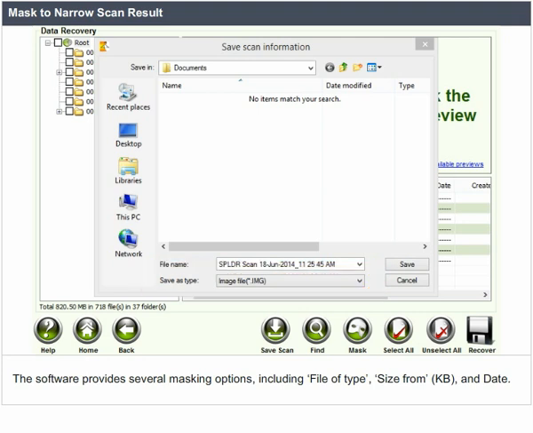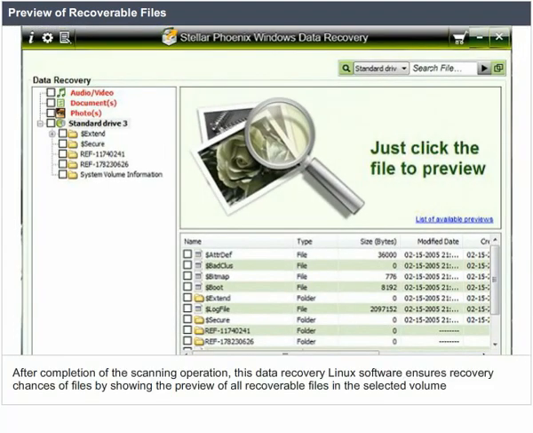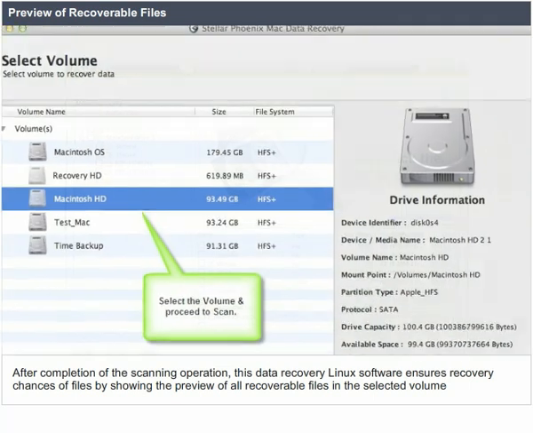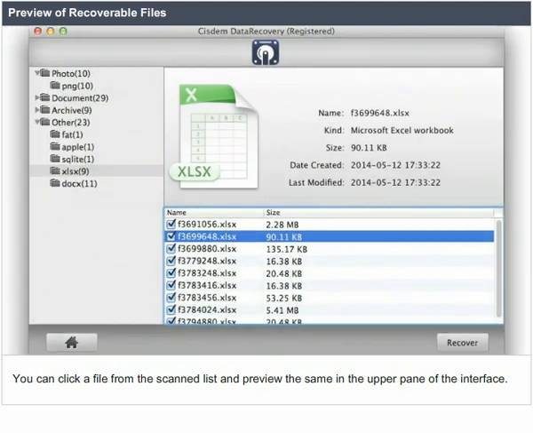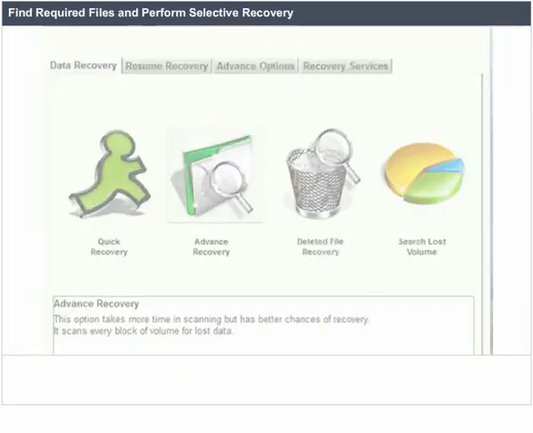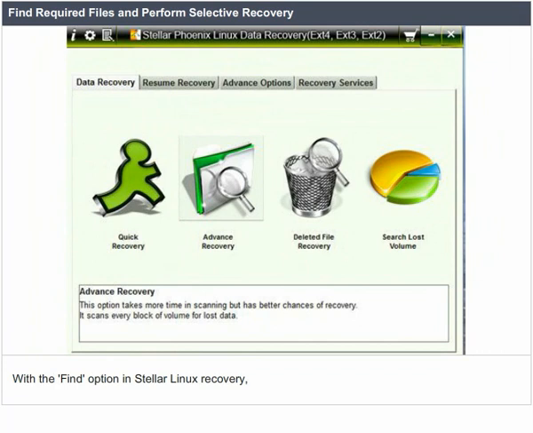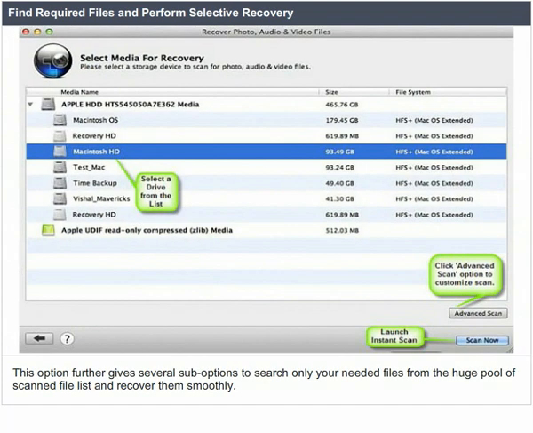Preview of recoverable files. After completion of the scanning operation, this data recovery Linux software ensures recovery chances of files by showing the preview of all recoverable files in the selected volume. You can click a file from the scanned list and preview the same in the upper pane of the interface. With the Find option in Stellar Linux Recovery, you can locate the required files and perform selective recovery. This option further gives several sub-options to search only your needed files from the huge pool of the scanned file list